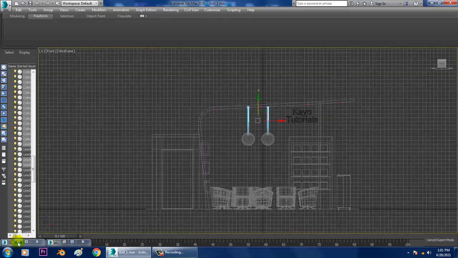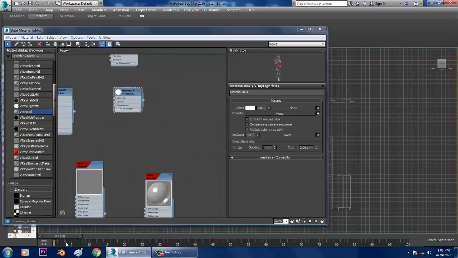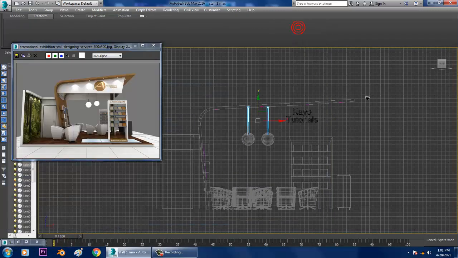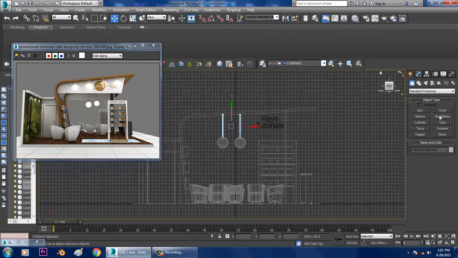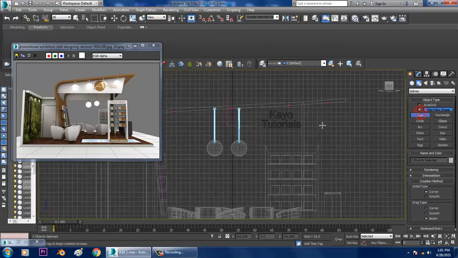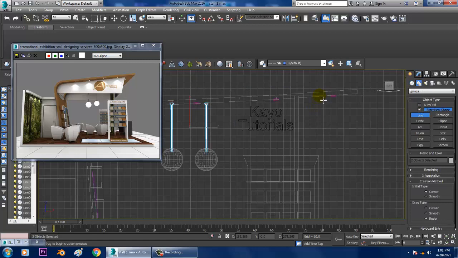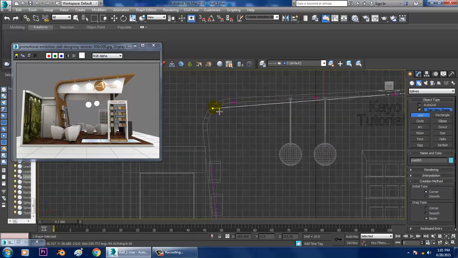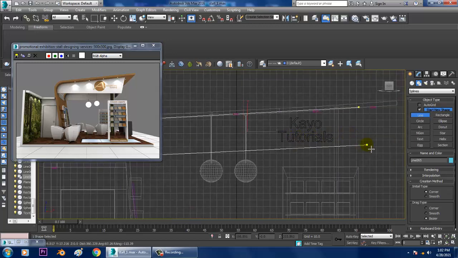Anyways, no problem. We'll just create it again. So I'll take again a line tool over here. I'll just go over here in this way and just close that.